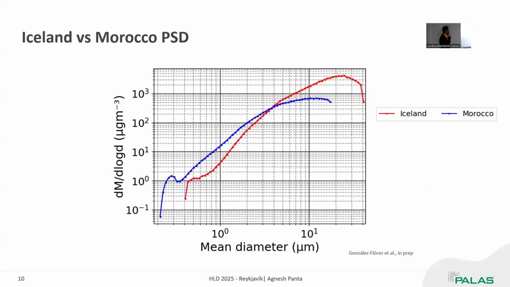So here, what you see is the comparison plot between Iceland and Morocco. As I said, we had a similar experimental setup in both of these locations. And this is coming from the optical particle counters that we used. What you see here is the normalized mass distribution against diameter. So we see that Icelandic dust is a lot coarser compared to Saharan dust. And this is quite an interesting result, I would say, because